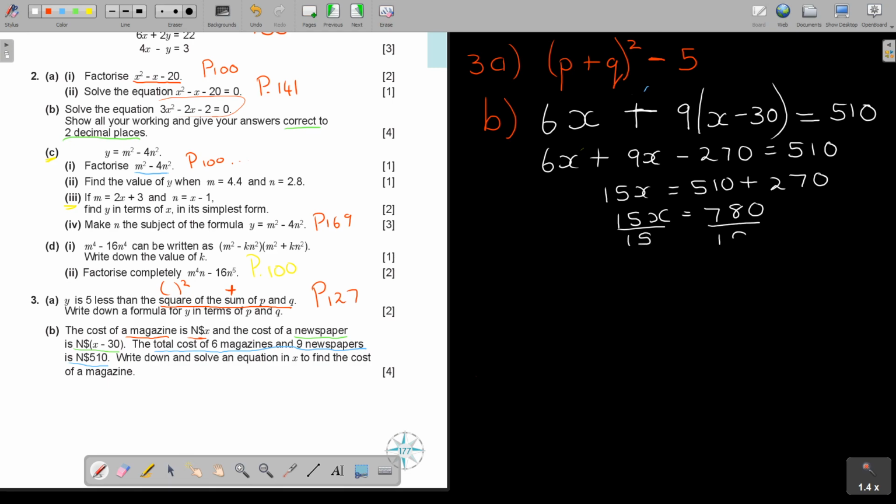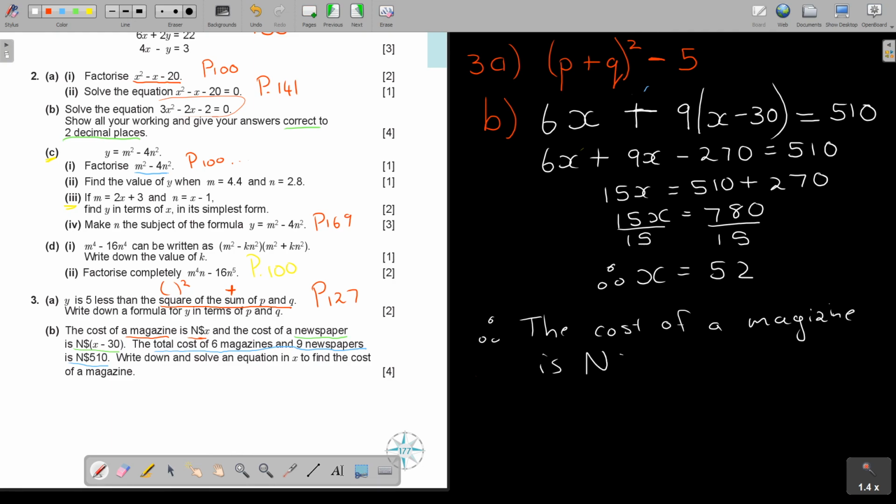I divide by 15, so therefore the value of x is 52. And always with word sums, just read. Write down and solve an equation in x to find the cost of a magazine. So therefore the cost of a magazine